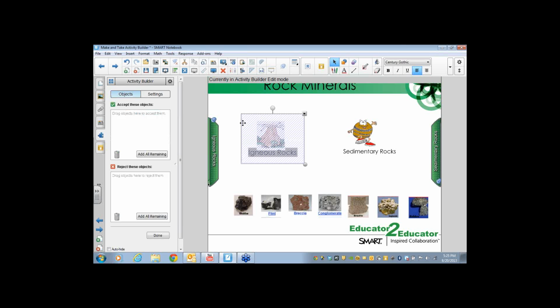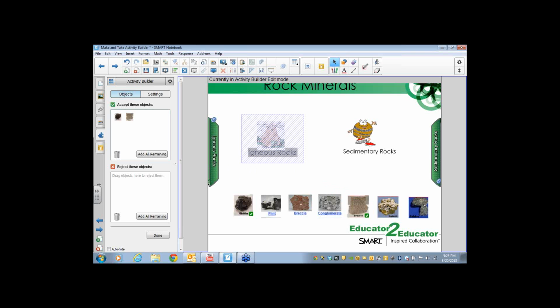When I click on Edit, you'll see that the blue lines appear. This first box says, accept these objects. I know, and I'm cheating a little on this one, all my rocks that have the black words on them are going to be my igneous rocks. So I'm going to add these into the accepted items.